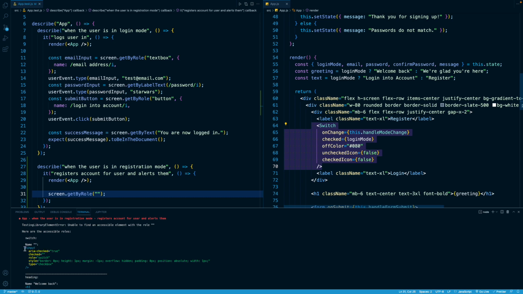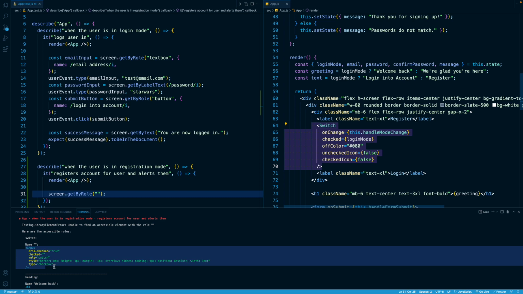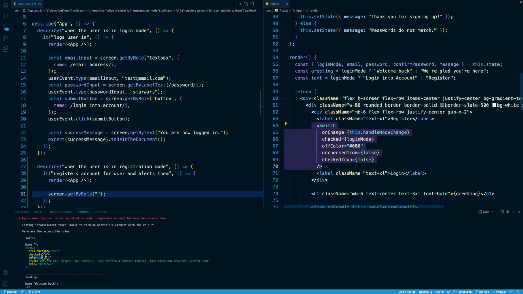So this input, you'll notice, is coming from not our code, but from the switch component that we are using right here. We'll notice that this code looks a little unfamiliar, and that's because we didn't write it, but this is the internals of that switch component. It's an input with a checked attribute, a role attribute, a style attribute, a type attribute, etc. And you'll notice it actually has a manual role attribute inline set to switch, and that is actually its accessible role as well,